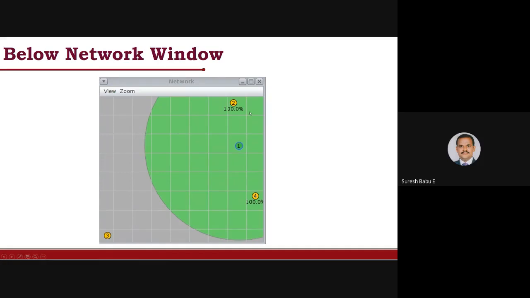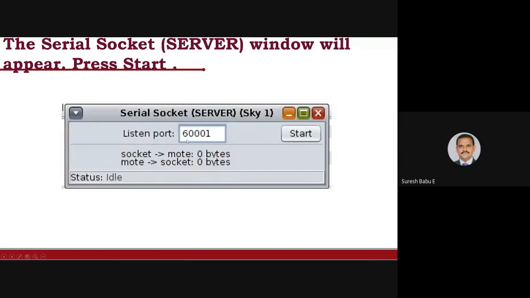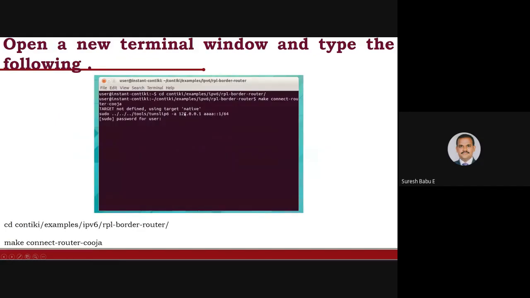This is the one border router we have, and these are the three Sky motes. Right now, we go again to the tools, and we select the serial socket server, and then we are listening to the port. You press on this one, the border router, and make it connected to the Pooja,